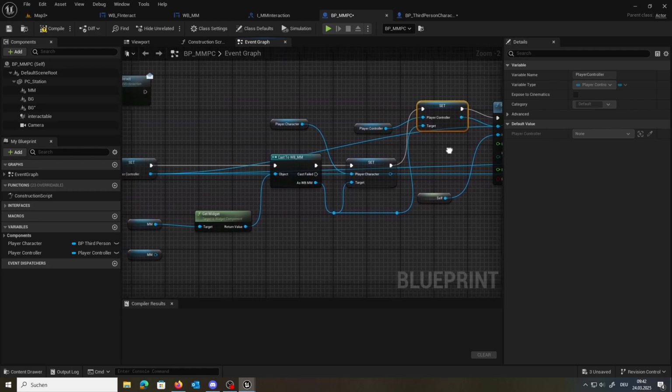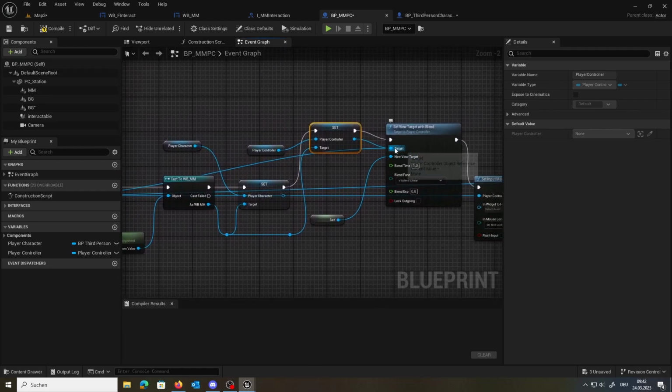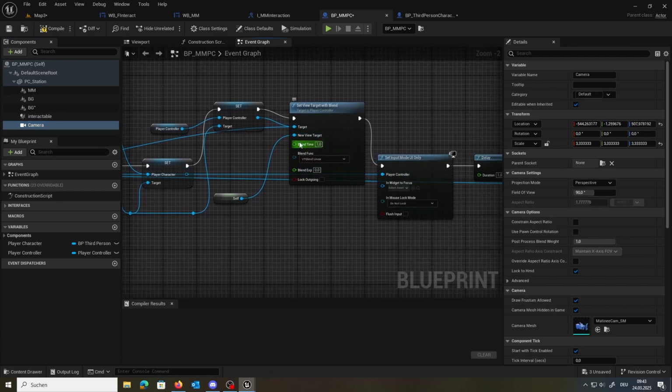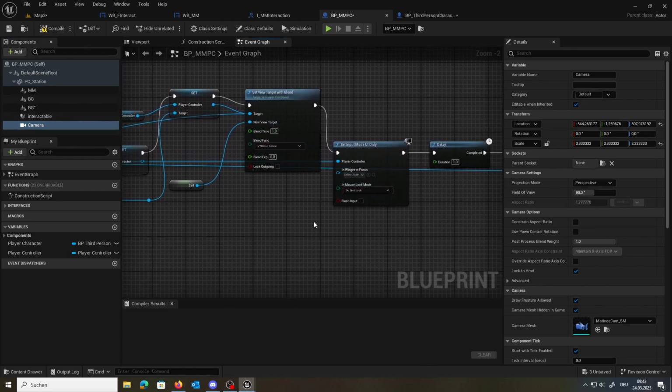You can do it like this. You take the player controller, so that's the object that you want to change the camera from. And then you just give it a reference to this object because there's the camera in this object, and it automatically switches. And if you give it a blend time of 1 second, it'll have a nice smooth motion to